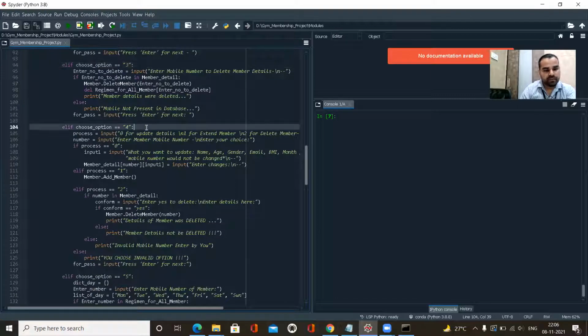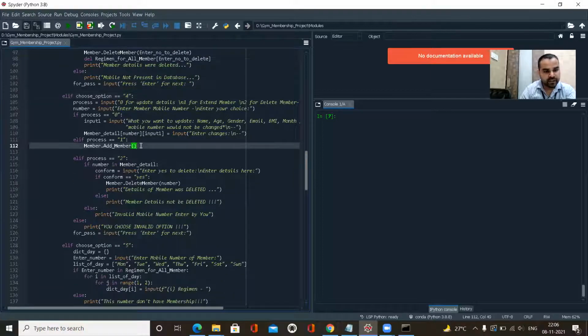In option 4, I've already shown you how it's updating an existing user, or adding a user. If you want to update details or add a detail, you can update from here. I've written a function for that also, for how you can update a user. Whatever input you give, it will store all that input again in the member details, validate it with the mobile number, and take the input.